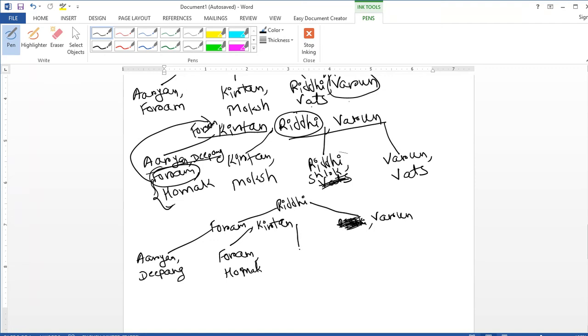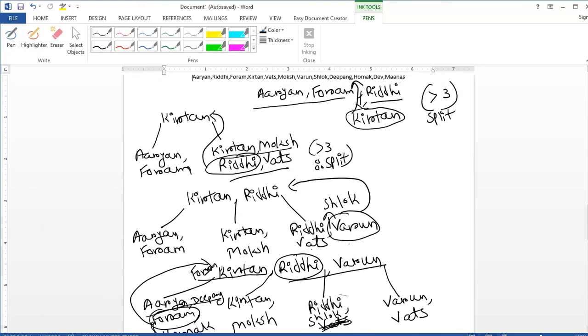In the right pointer of Kirtan, there are 2 values, Kirtan and Moksh. And now here we'll have Riddhi, Shlok, Varun and Vats.